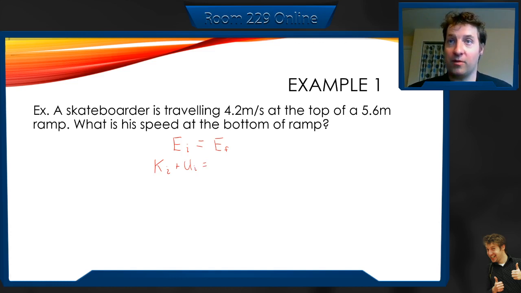And at the bottom of the ramp, because he's finally hit the bottom of the ramp, there is no energy in terms of potential. He only has a final kinetic energy. We could put plus UF, but that's just going to be 0. Why don't we just do that? Let's just put plus UF, right? But because our reference point is the ground, this is just going to be 0. So we're not going to care about that.